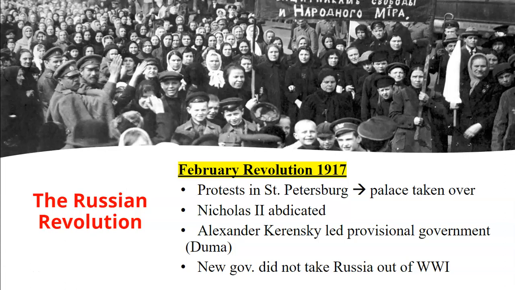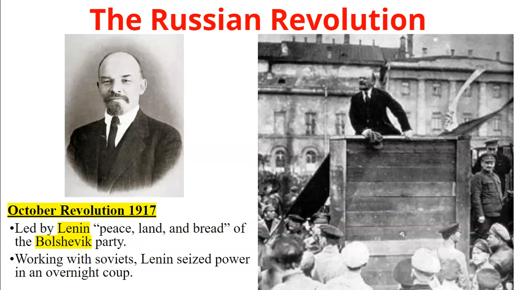So Tsar Nicholas actually abdicates 3 days later. He's like, okay, fine, the people have spoken, I'm out. They have a new government under this guy named Prince Grigory Lvov, and it's basically a republic government. The new government's mostly Russian nobles. The majority of the Russian people, though, were peasants and industrial workers. So that's going to pave the way for this charismatic lawyer named Vladimir Lenin to come on in and change